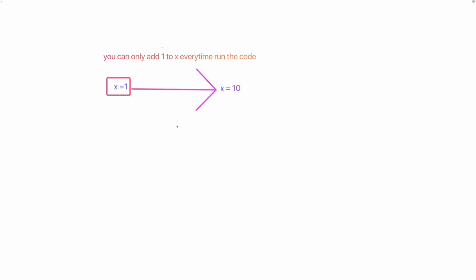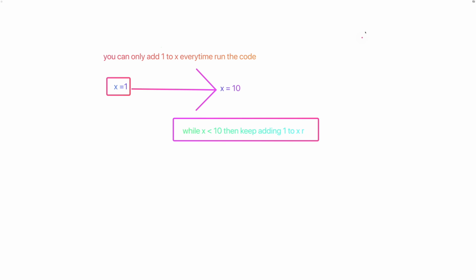So in a while loop, I'm gonna write the pseudocode. So we'll just say while x is less than 10, then keep adding 1 to x. Okay, so you're gonna have to write this down in code. This is like simple English, but in code it will be using a while statement. So let's go and do that.